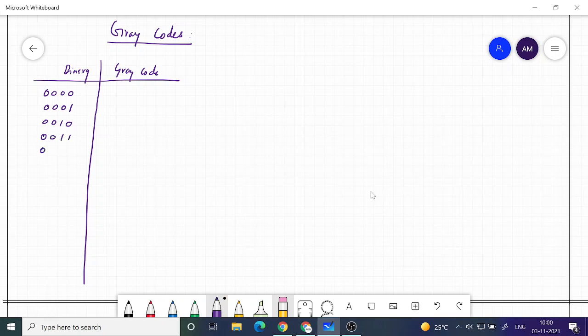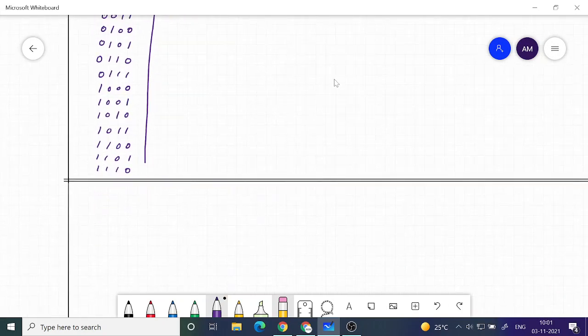Then you have 0100, 0101, 0110, that is 6, 0111, that is 7, and then 1000, that is 8, 1001, that is 9, 1010 10, 1011 11, 1100 12, 1101 13, 1110 14, and then